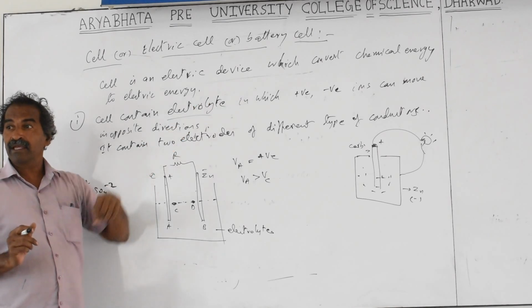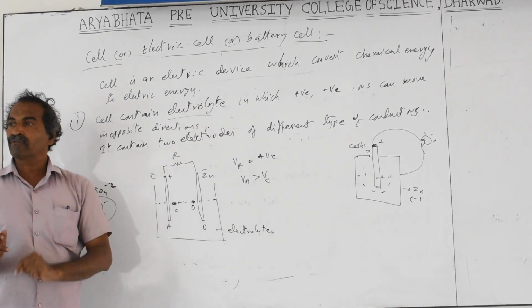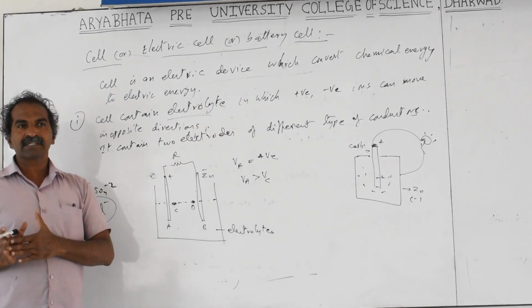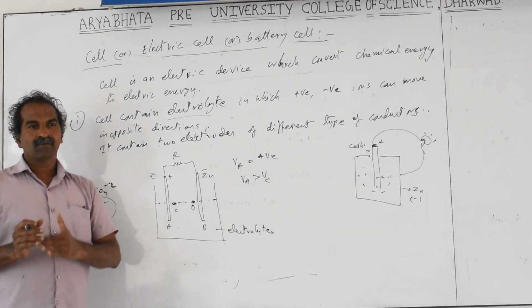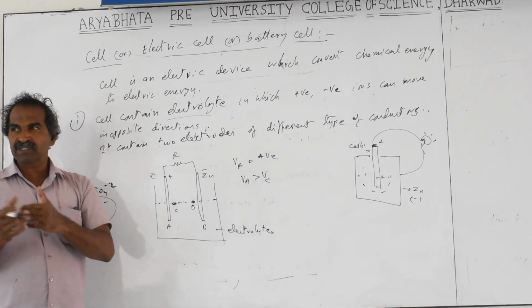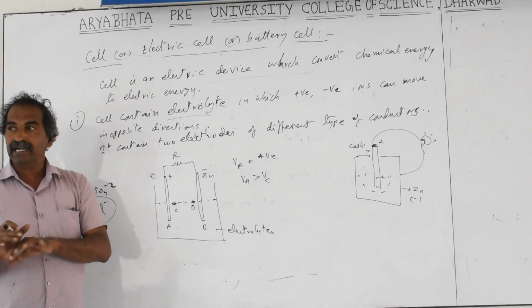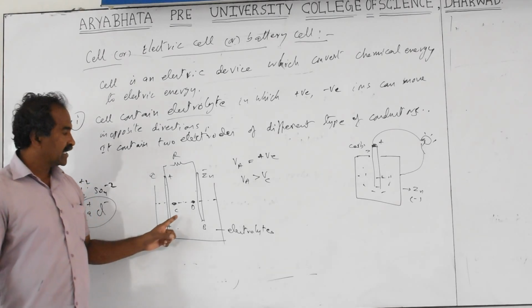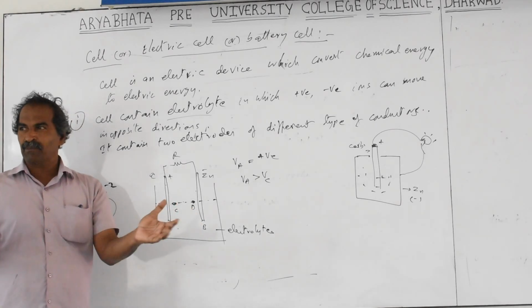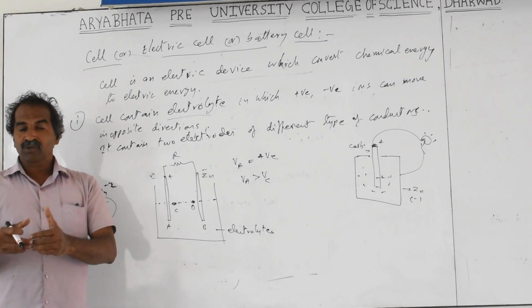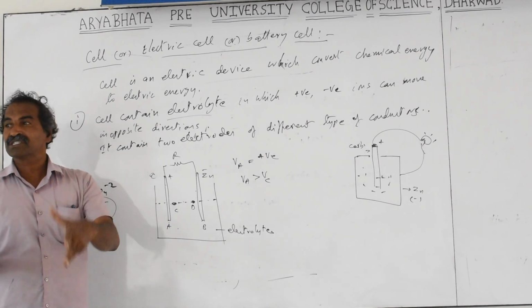When current is passing, it is also neutral only. Why neutral? Number of protons equals number of electrons, which is neutral. You are making electrons travel from one atom to another atom, jumping only. One atom to another atom traveling means the atom itself is electrically neutral. So a conductor carrying current is electrically neutral only. Here the electrolyte is also the same thing. Ions are moving in opposite directions, but it is electrically neutral. So the movement of ions produces a potential difference.